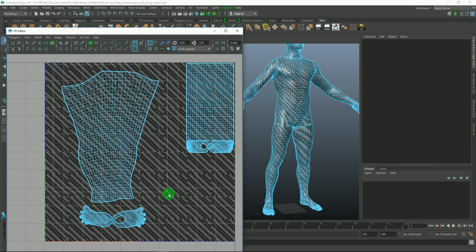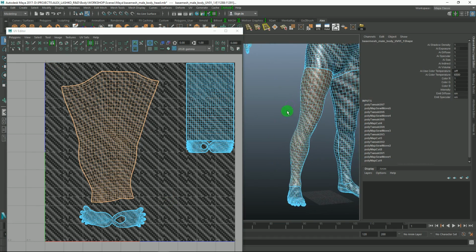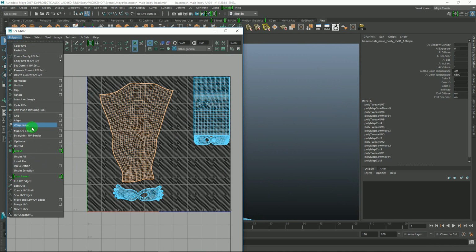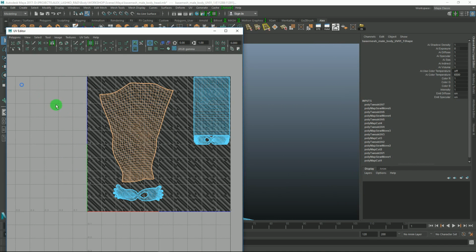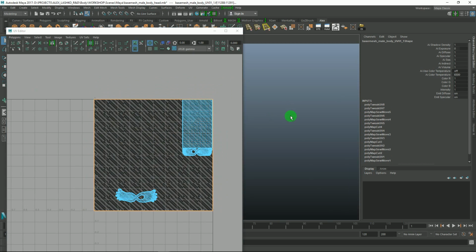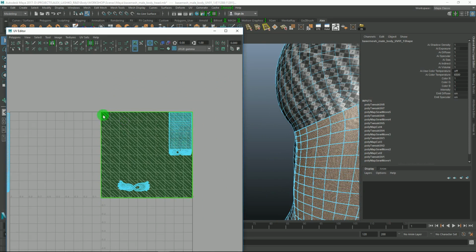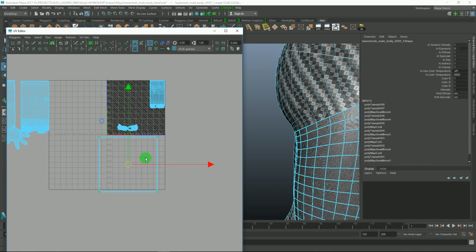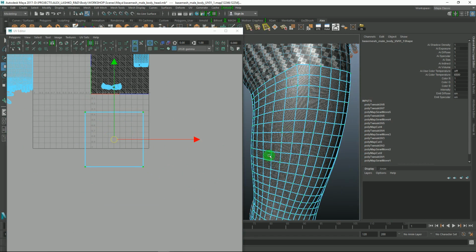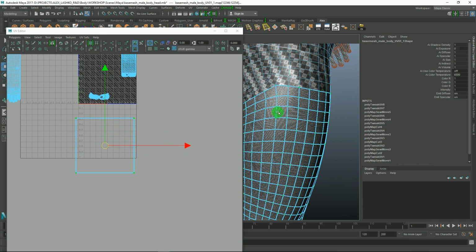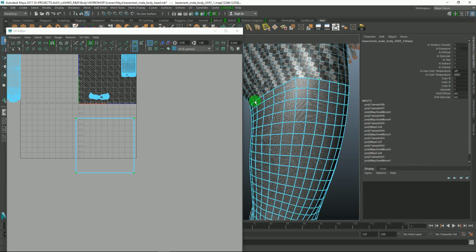I take the cylindrical part of the leg, not including the foot, just the part that resembles the cylinder, and I go to unitize, which lays out all the polygons to the perfect square. If I grab these, you can see that all these polygons are mapped to the perfect square, and they're all separate, as you can see. So now what we have to do is sew them back together,